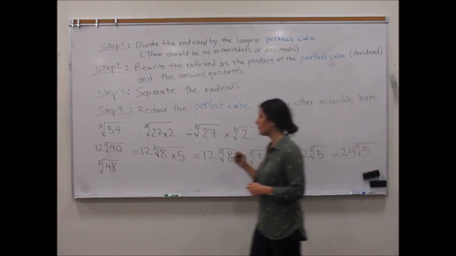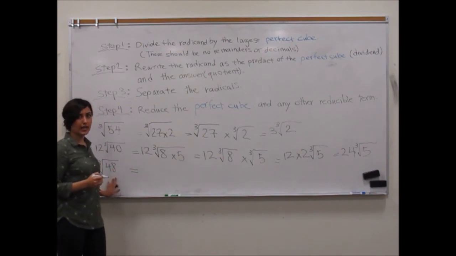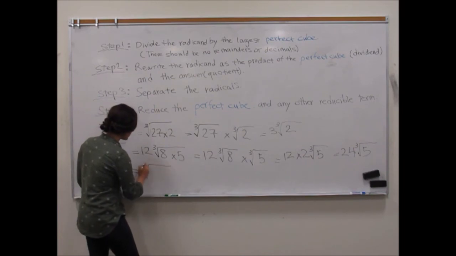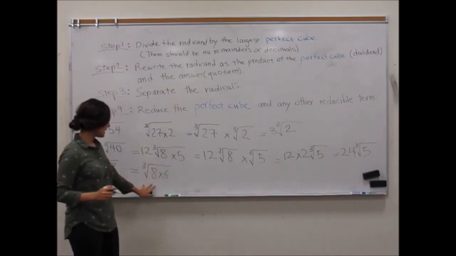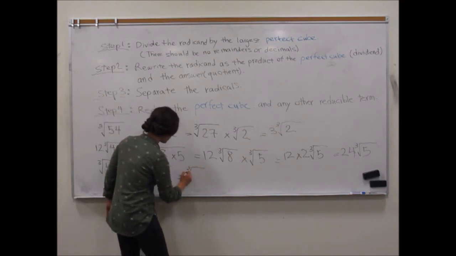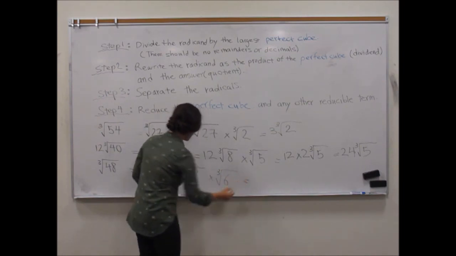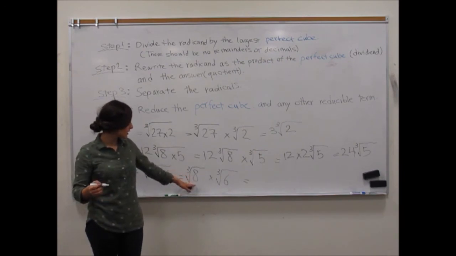Okay, cube root of 48, I know that I can divide 48 by 8 and I get 6. 8 is a perfect cube. So I'm going to rewrite the cube root as 8 times 6. And then in step 3, I'm going to break down the radical. So it would be cube root of 8 times cube root of 6. I know that cube root of 8 is a perfect cube, and I can simplify it, and I get